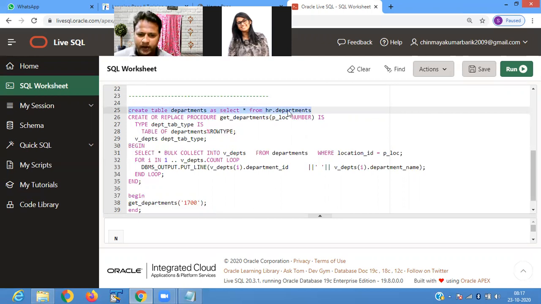Create table department as select star from HR dot departments.